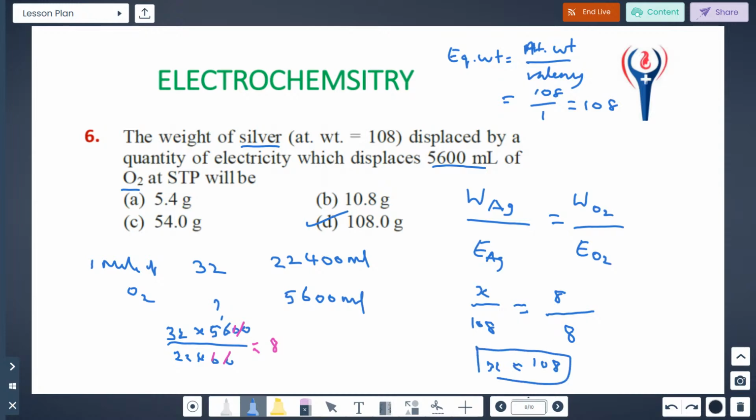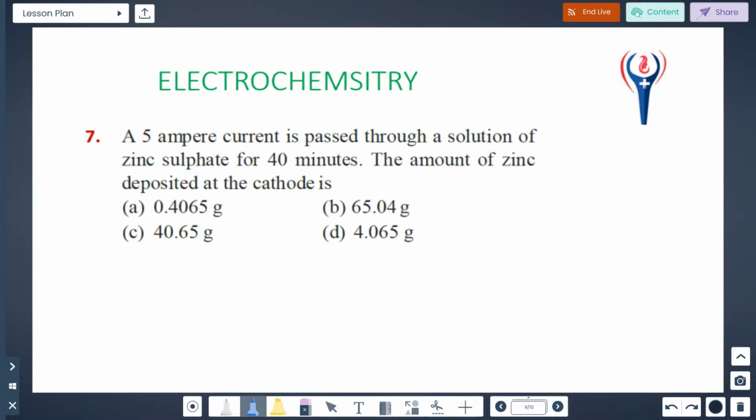Next one. Are you following? Next one. A 5 ampere current is passed through a solution of zinc sulfate for 40 minutes. The amount of zinc deposited at the cathode is dash. Okay, so here